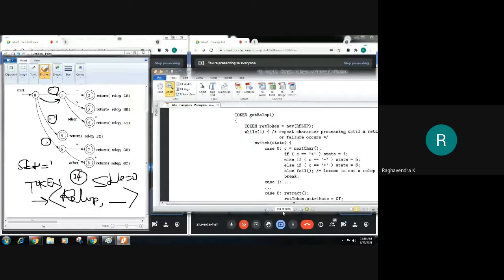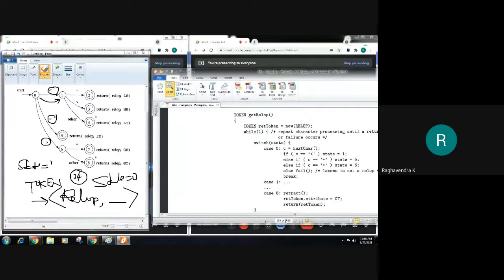So as I was saying, we have got a switch statement here, and the switch statement basically implies the states that are present in our transition diagram. So we have got switch to state. As I've already explained, case 0. So in case 0, we will read the next character in the input.